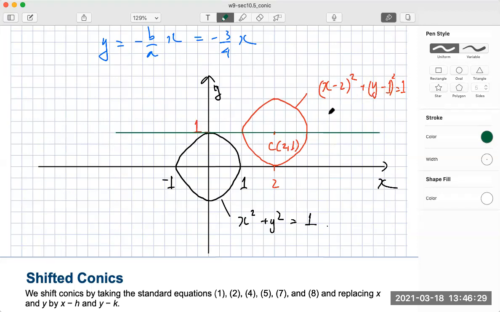Then for x, if x is 3, it satisfies this equation, right? It means that we have this point. And when x is -1, here is 1, then we have the same, it satisfies this equation. Therefore, okay. In general,